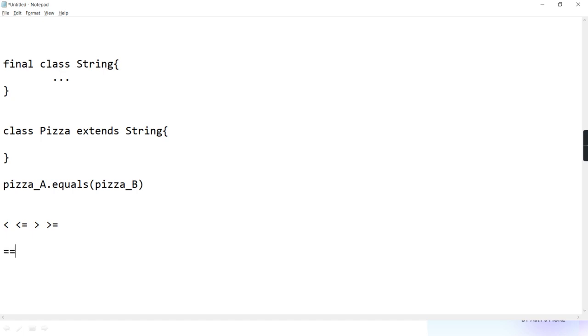Clear? About equality and inequality: can I apply them on primitives? Yes. Can I apply them on reference? Yes. But when you apply them on reference, both should be reference or both should be primitive. And if both are primitive, both should be Boolean primitive or both non-Boolean primitive. Okay? Hope it is clear.